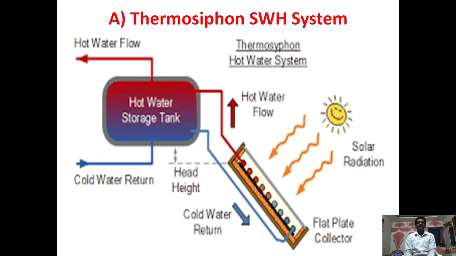The flat plate collector is placed just below the storage tank, or the hot water storage tank is slightly above the flat plate collector. Now see this storage tank part. The storage tank consists of one inlet and one outlet. The inlet is for entering the cold water and the outlet is to collect the hot water. The water coming from the storage tank is passed into the flat plate collector by the natural convection